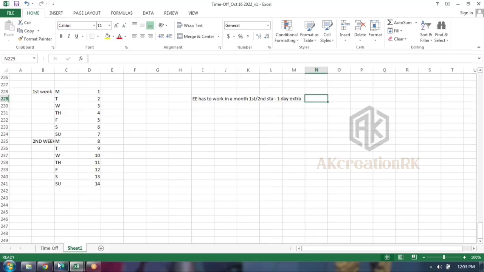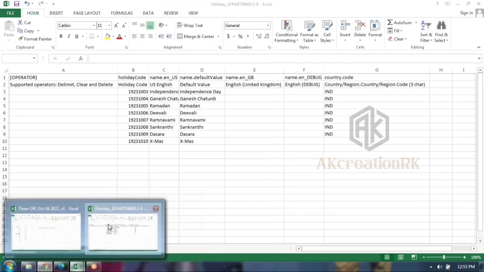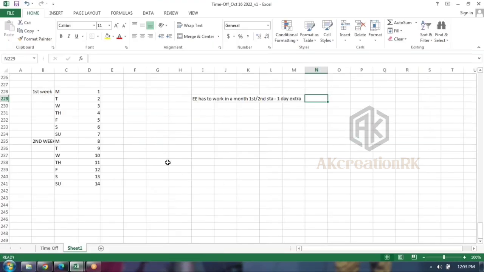For that scenario, you have to write a 1 year work schedule only. It is not possible with 1 month, guys. If you go by 1 month, the system is going to get confused. Why? Because in a few months you have 4 Saturdays, 4 Sundays. In a few months you get 4 Saturdays, 5 Sundays. Some months have 30 or 31 days, some 28 days. That is the reason this work schedule will divert automatically. That is the reason you have to write a 1 year work schedule at any cost.